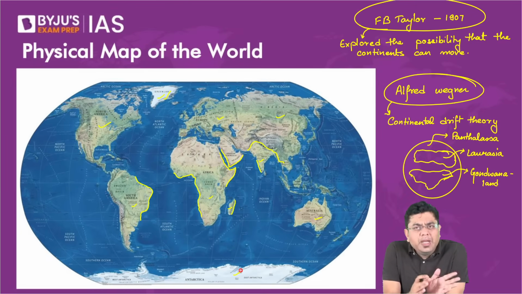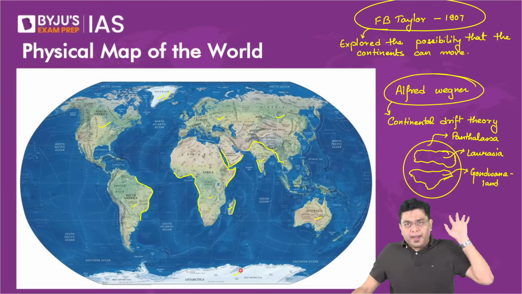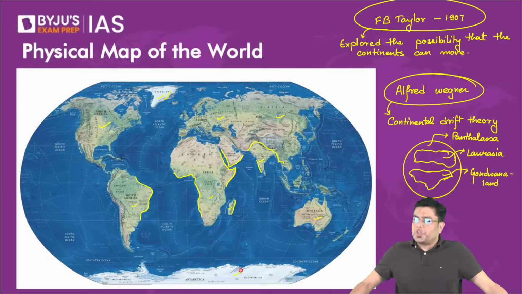But then, only many decades later, people realized, based upon other evidences, that indeed the continental drift theory, or the possibility that the continents can drift from their original position, can be a reality. Even though the reasons cited by Wegener are still incorrect, because that was not his specialty.